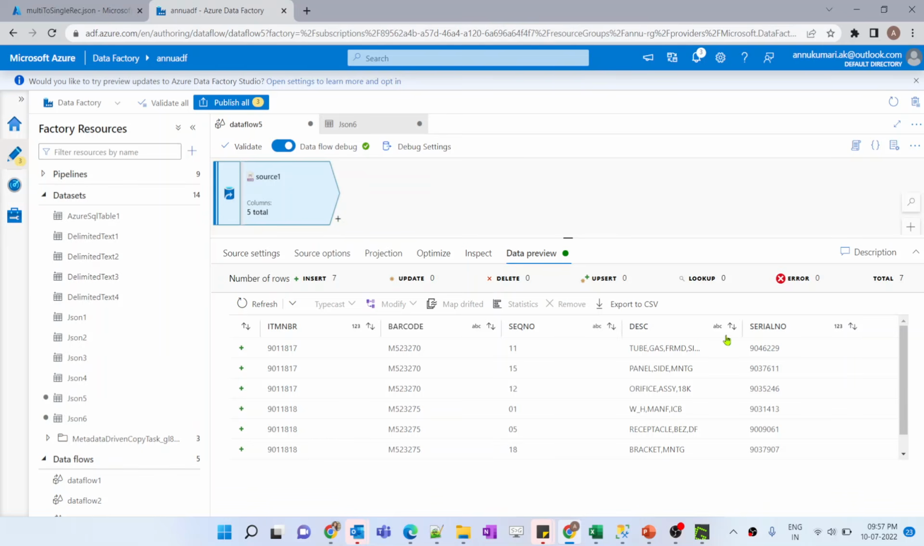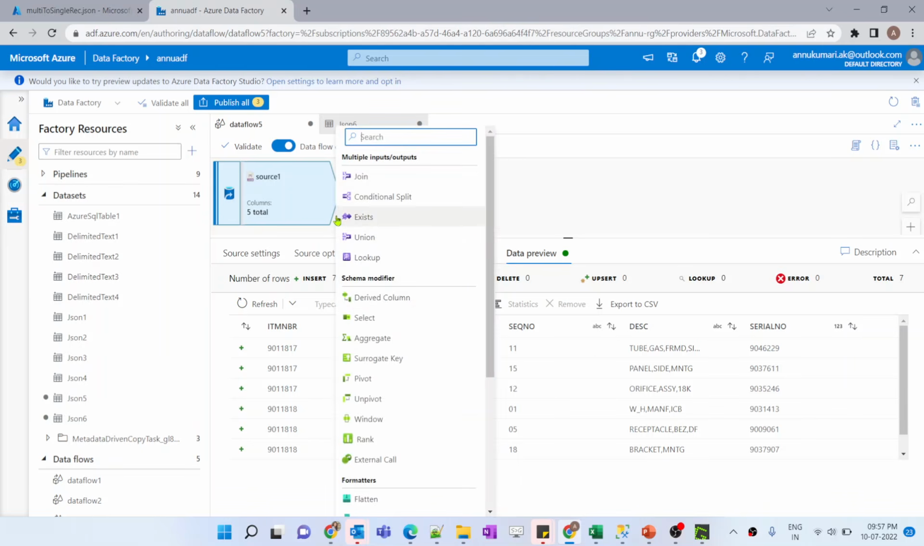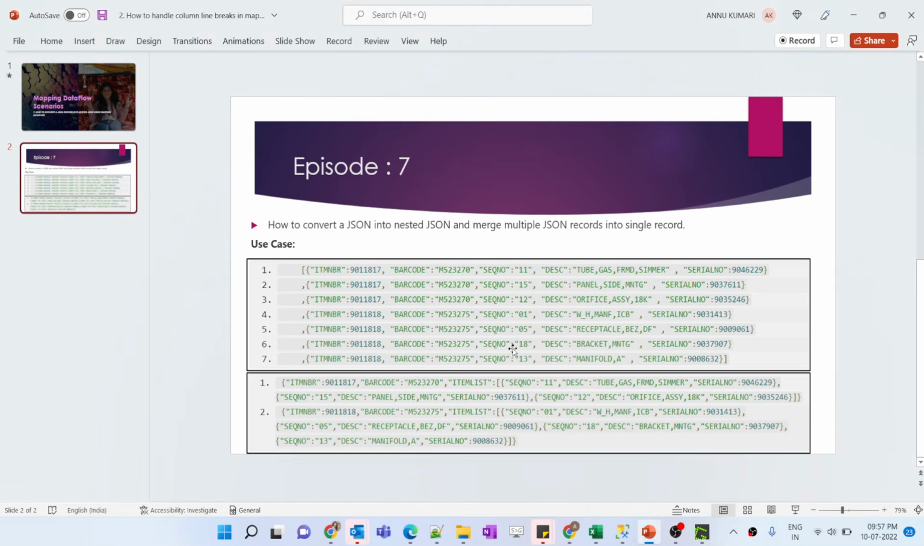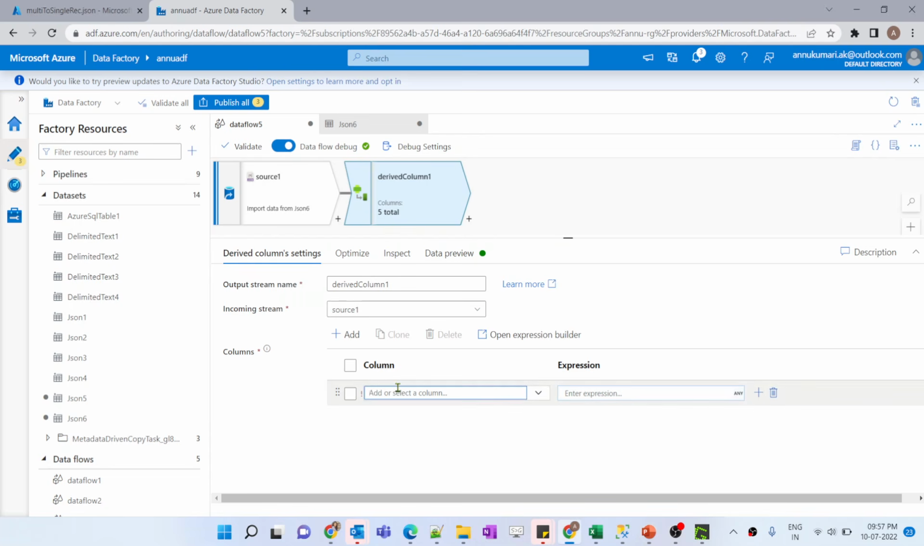How do we create a new column? There is a transformation called derive column transformation. We have already talked about it in our previous video. If you haven't watched my previous videos, I would recommend you to watch them. Now the column we want to create is, in the output, this item list, the new column. So I'll give the column name as